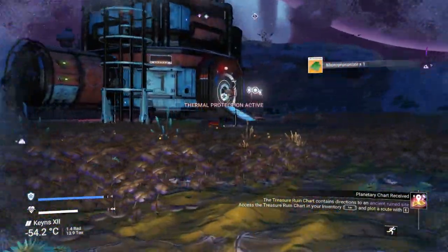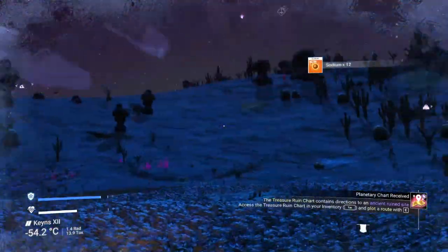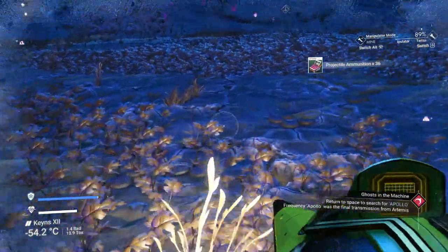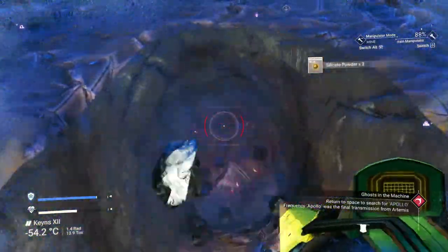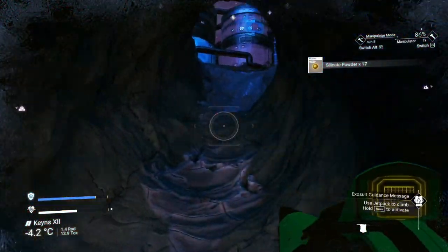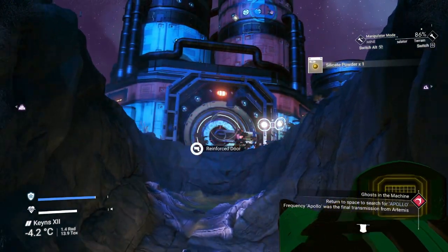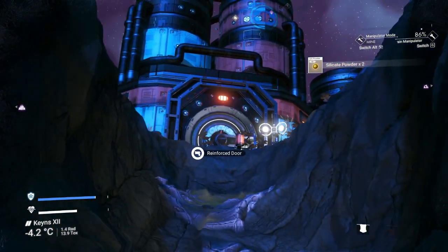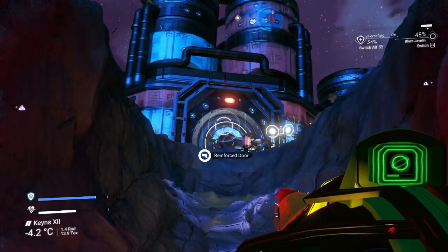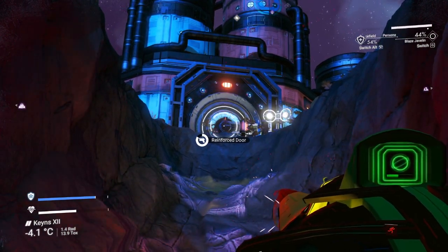Okay, we got sentinels. Part of me says that, but we got to blow through the door. I've got no idea how good the blaze javelin is. So what we're going to do is go underground, and it means that we can snipe the door from a distance. So I've got no idea whether the blaze javelin can...